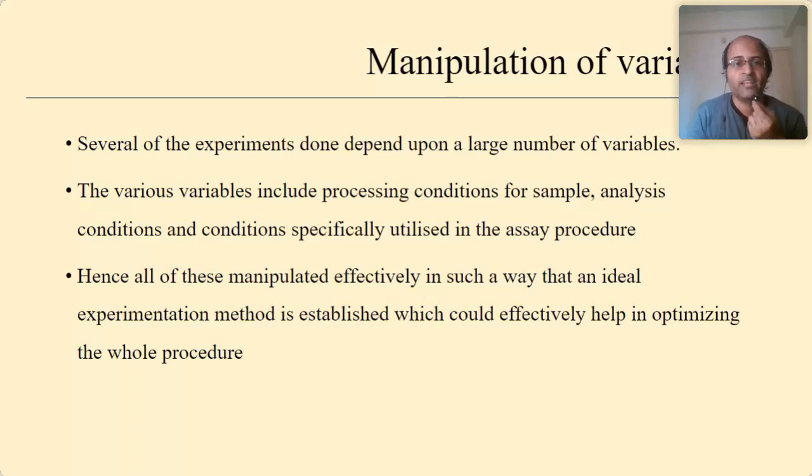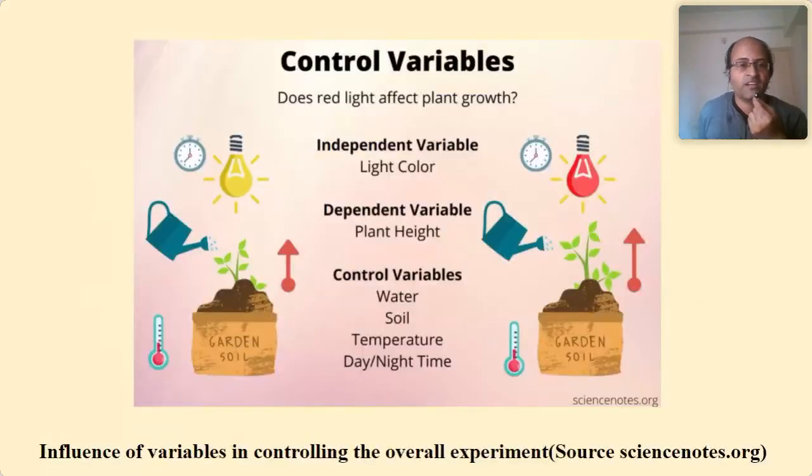Now, one example of the variables is shown here in this pictorial representation. When we say variables, there are multiple variables. Some of them are dependent, some are independent, and some are controlled. For example, we are asking a basic question like, does red light affect plant growth? You want to answer that, so you expose the plants to light. The independent variable here is the color of light, and you have to use only red